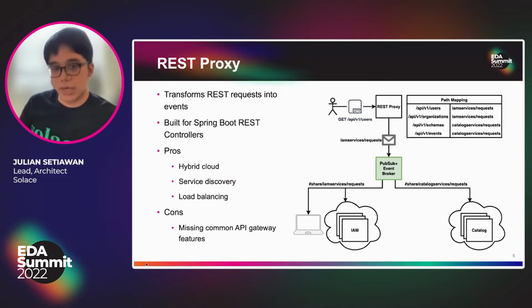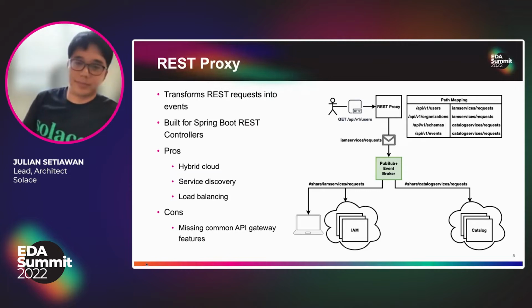Service discovery also comes for free. Just by connecting to a topic, you're implicitly discovered by the broker, and the broker will just start sending events to you. And finally, there's load balancing. We use a feature called shared subscriptions on the broker, which tells the broker to distribute the events to all the different instances. So you'll automatically get round robin by connecting in this way.